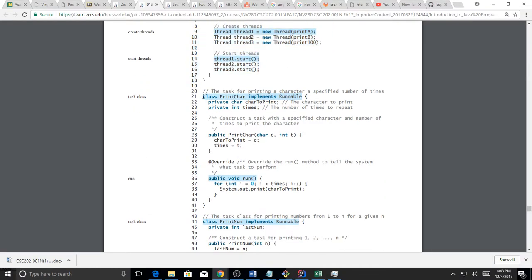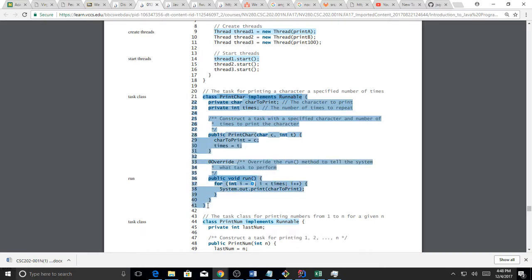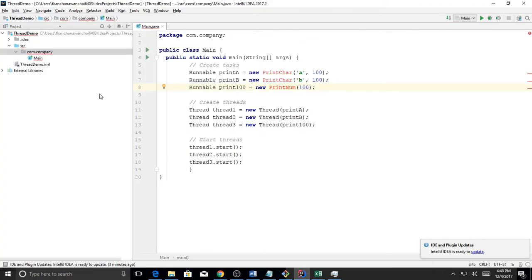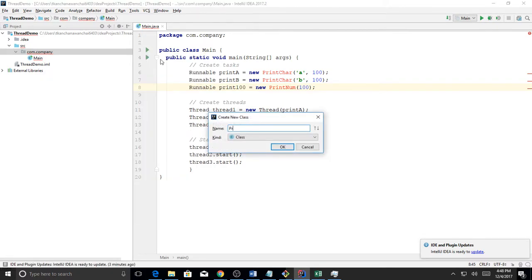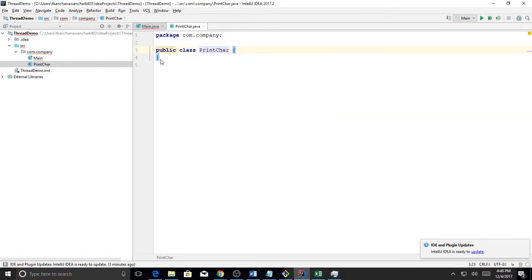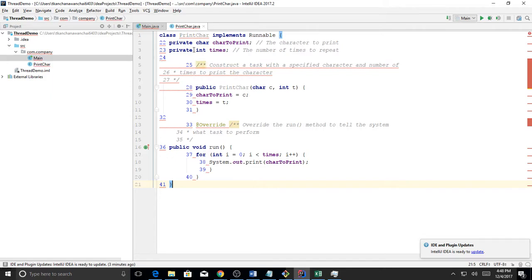Because we set thread 1 as thread print A, and we started thread 1 first. So you said because